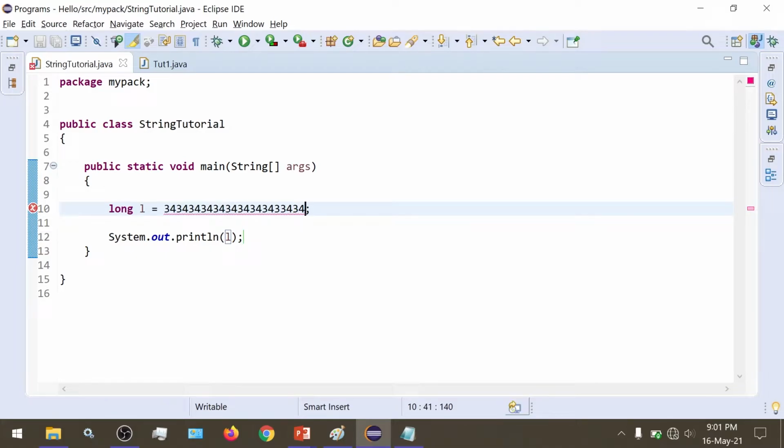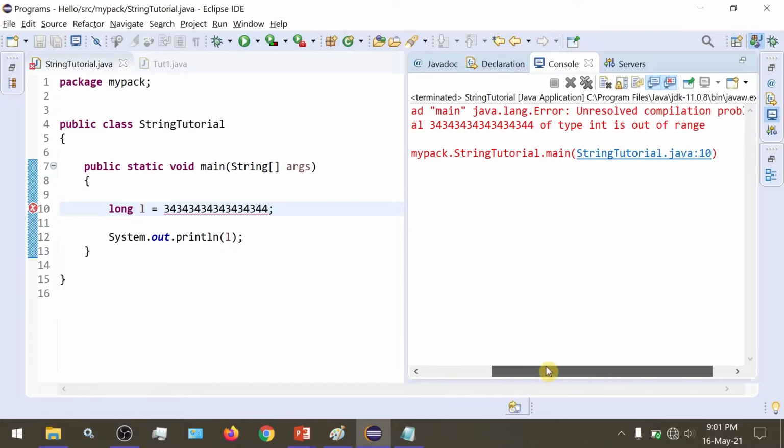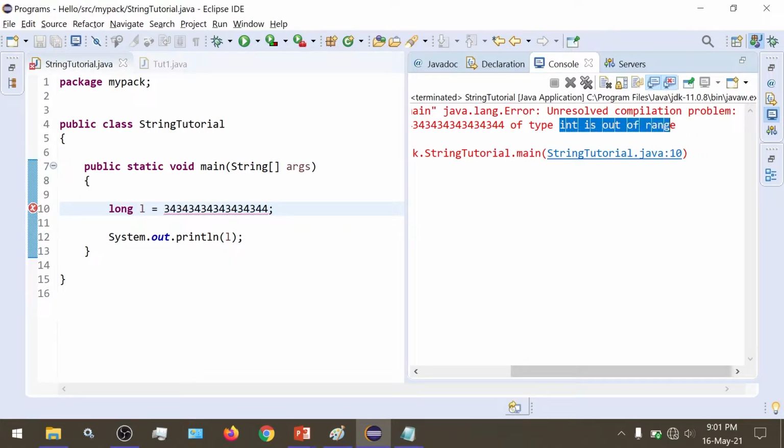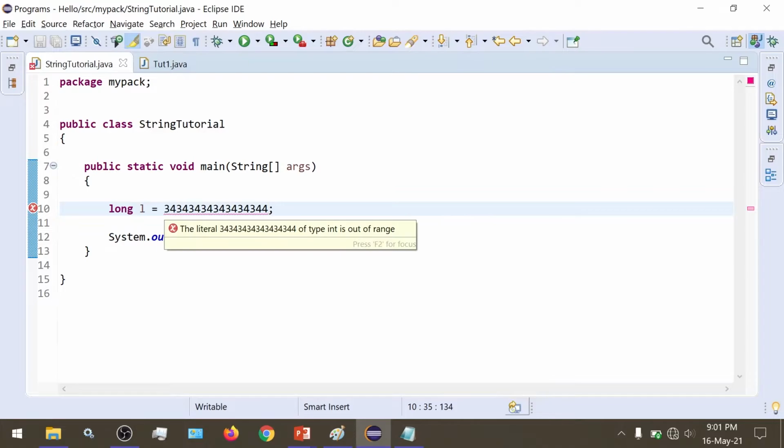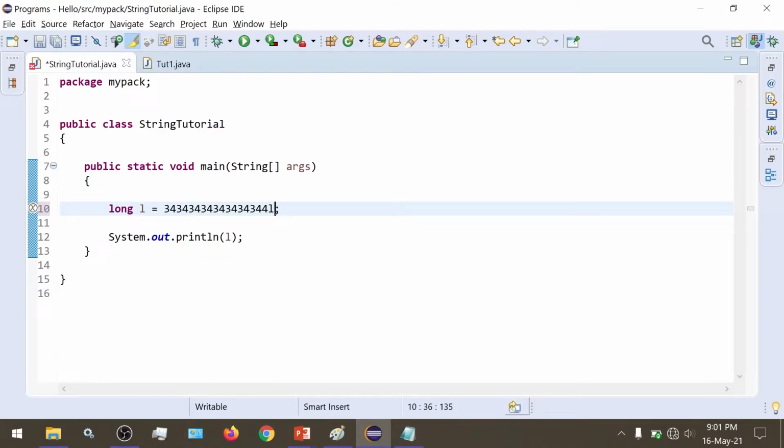Now if you want to specify long, then we need to append the character L. Let's run this. Again, the number is out of range for type int. Now if you want to make it long, we append the character L, and it would consider it as a long value.